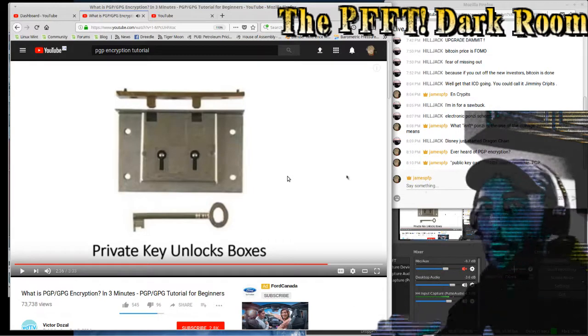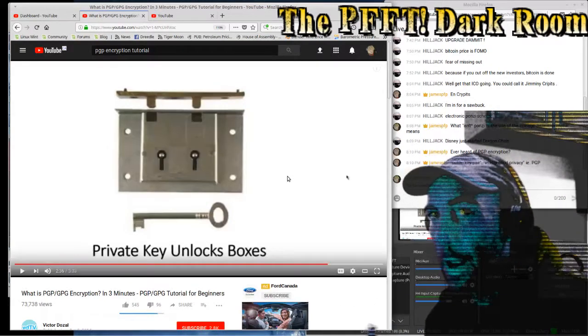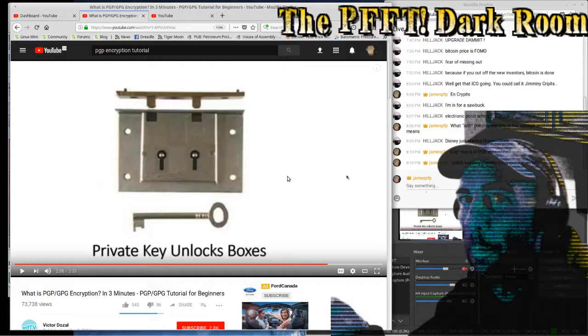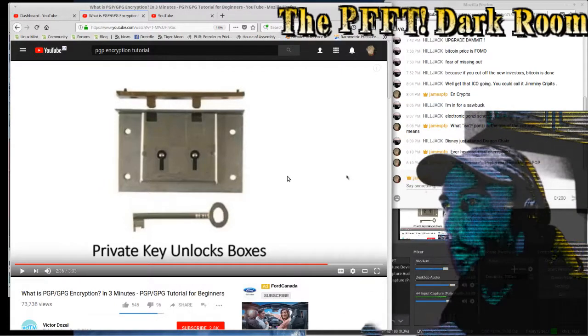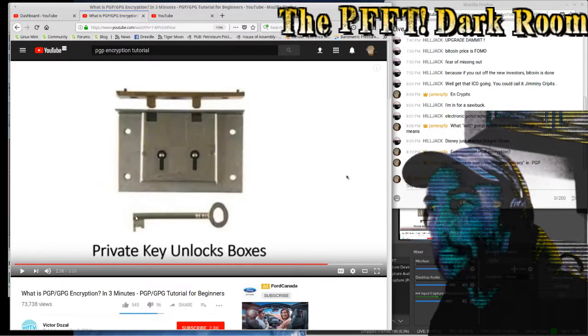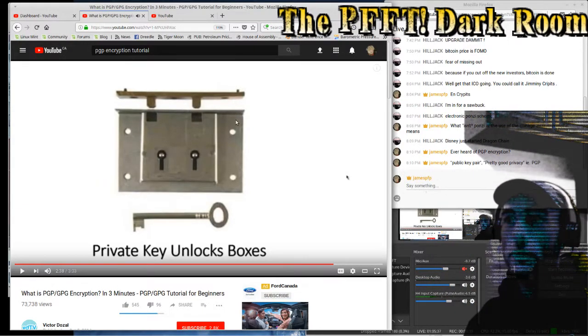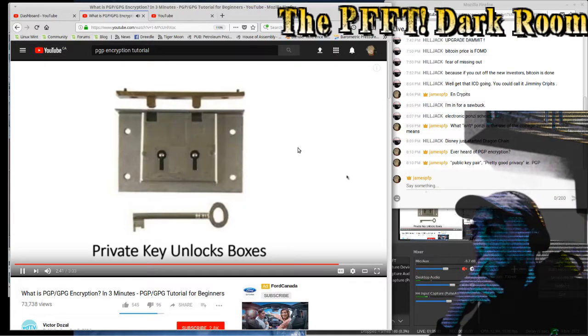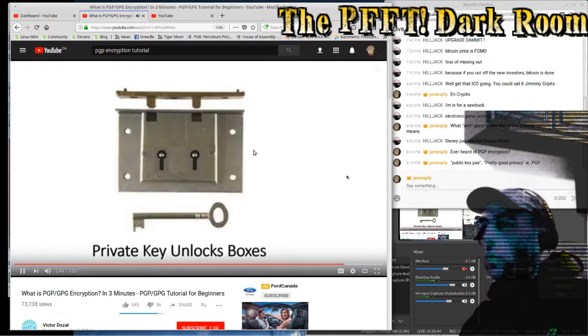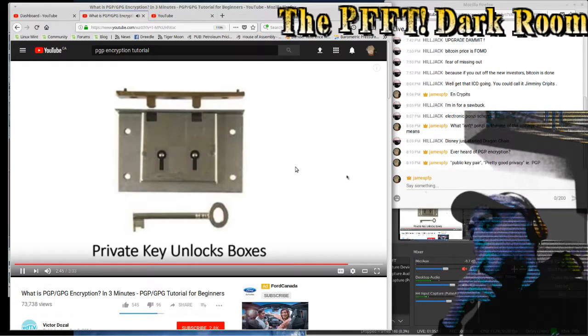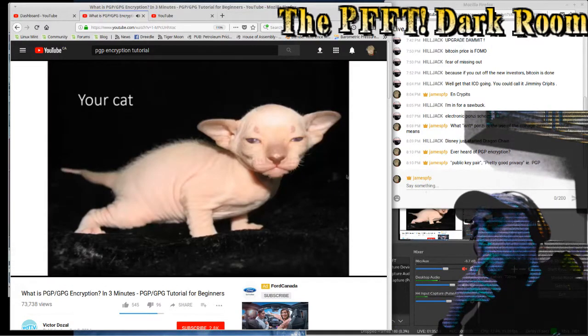So the funny thing about all of this, the way this ties into the blockchain bit, is because of what the numbers are used for in the end. The coins themselves can be used as these keys. They can also be thought of as the box some of the time, or if not the box, the box with whatever's valuable inside of it. And like we said before, your friend is able to open the box because he holds the private key, which unlocks the box. And in the end, your friend would be able to see your naked cat without the worries of anyone else seeing your cat.